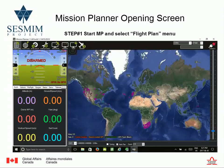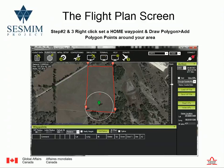We will select flight plan from here to take us to the next page, into our area of interest, whatever that happens to be. We have right-clicked and selected this point as our home point. We then right-clicked again and set the 4 corners of this polygon to be the area that we want to